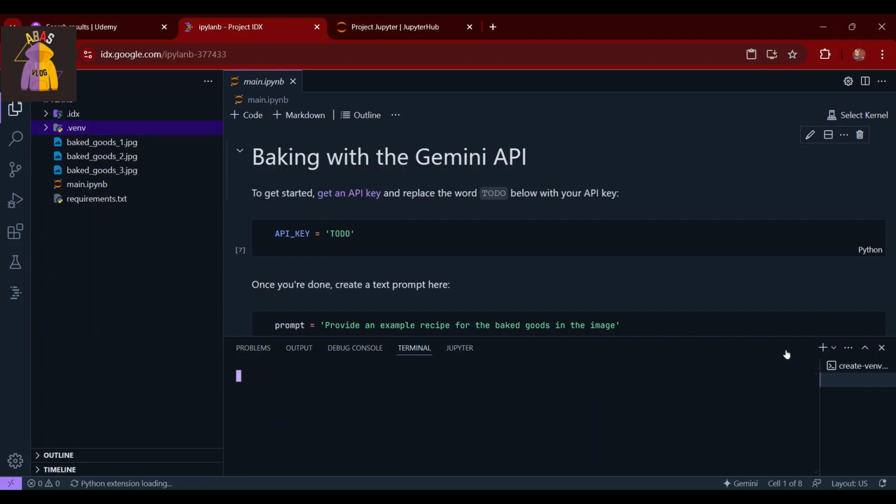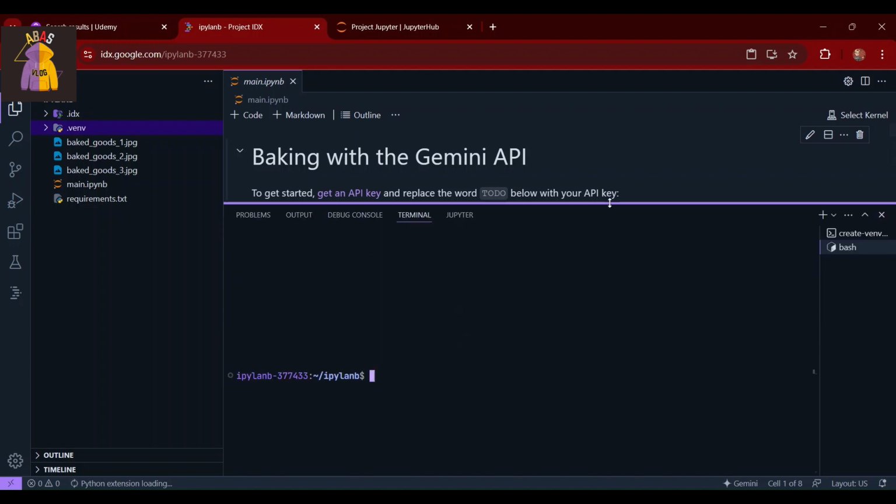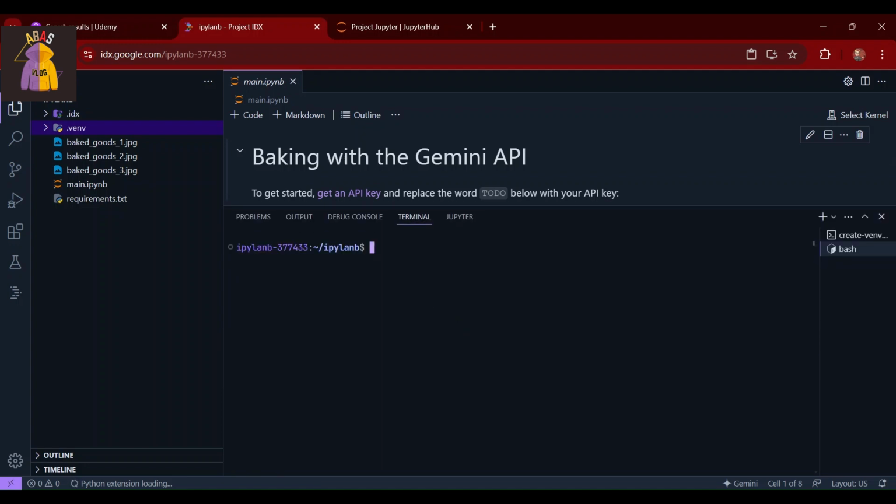For that, you just need to enable this source code thing here. I mean the source code I'm mentioning is the virtual environment, which you need to enable first to install this process.